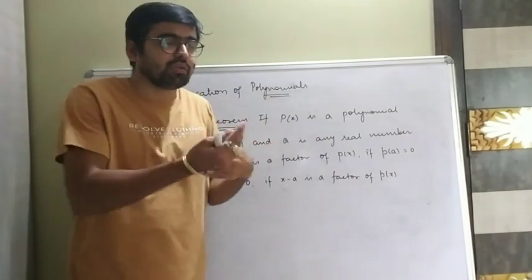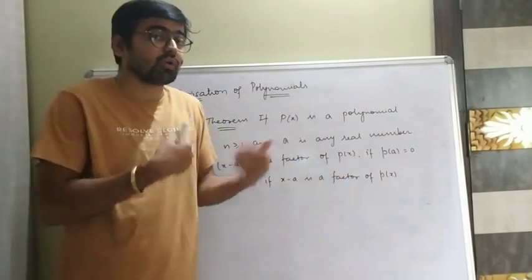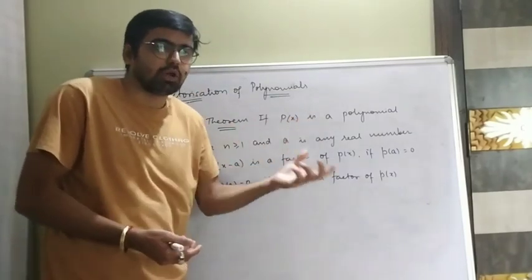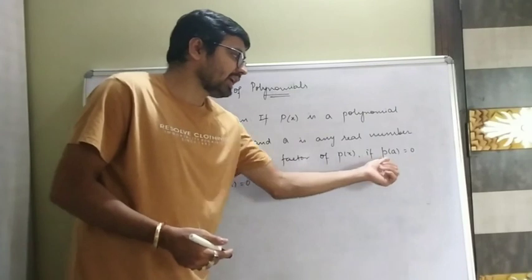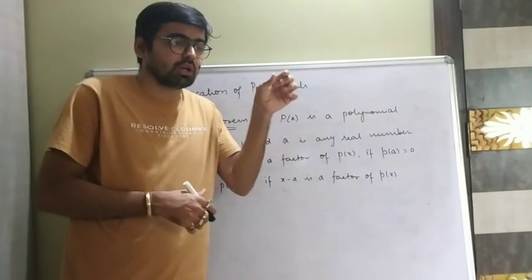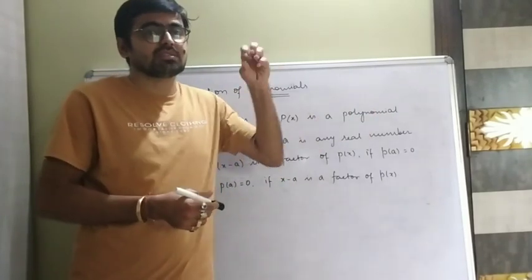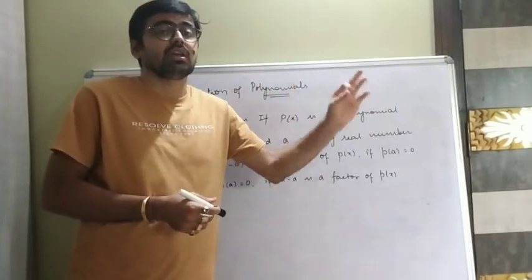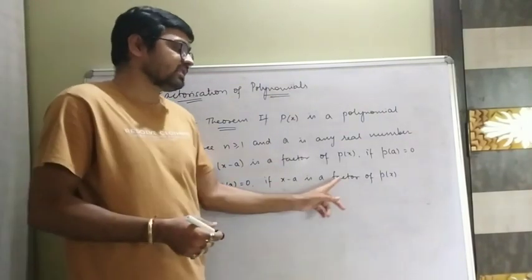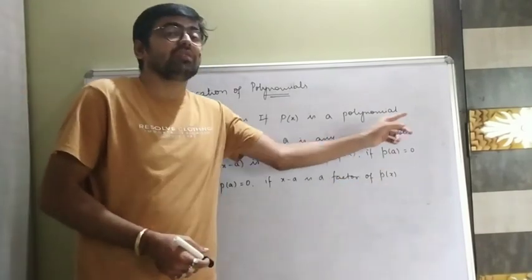Why are we doing it in two different ways? Because suppose the question says, check whether this is a factor or not. How can we identify whether the given x minus a, or some linear polynomial, is a factor or not? By getting p of a equals 0. And if the question says that the given linear polynomial x minus a is a factor, that means we are certainly aware that p of a is definitely 0. That's what it says here: p of a equals 0 if x minus a is a factor. And what is written above, the first one, is x minus a is a factor if p of a is 0.